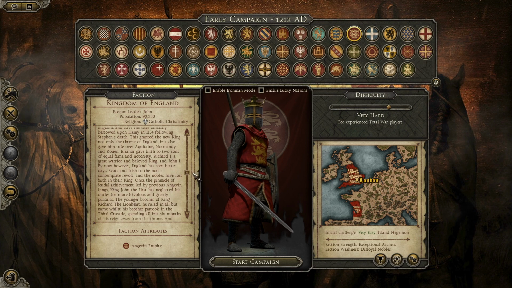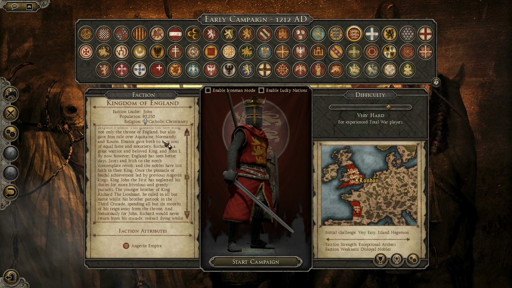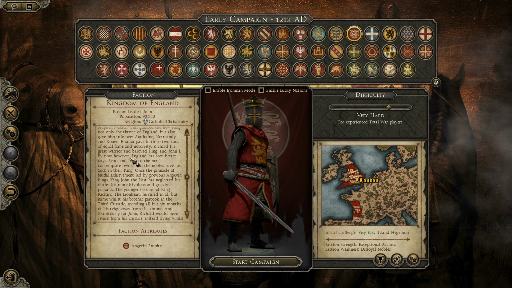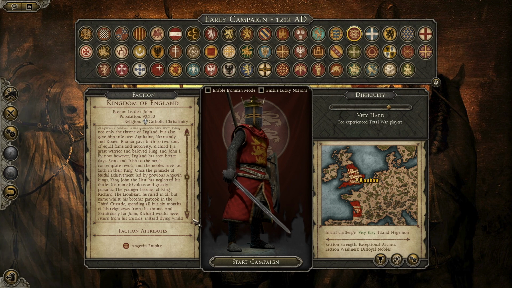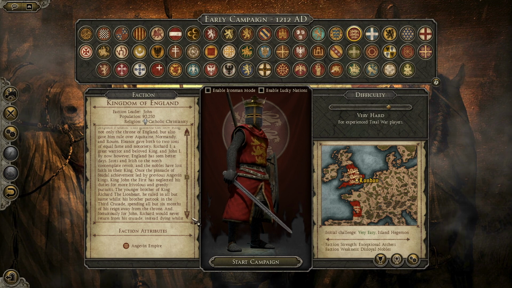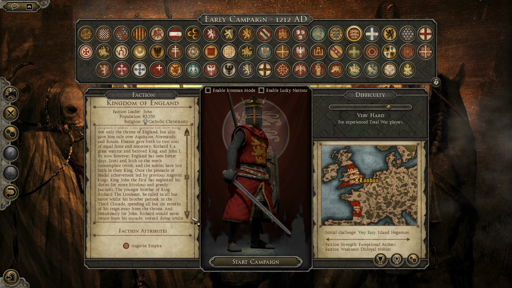This granted the new king not only the throne of England, but also gave him rule over Aquitaine, Normandy, and Rouen. Eleanor gave birth to two sons of equal fame and notoriety: Richard I, a great warrior and beloved king, and John I. By now, however, England has seen better days. Scots and Irish to the north contemplate revolt, and the nobles have lost faith in their king. Once the pinnacle of feudal achievement led by previous Angevin kings, King John I has neglected his duties for more